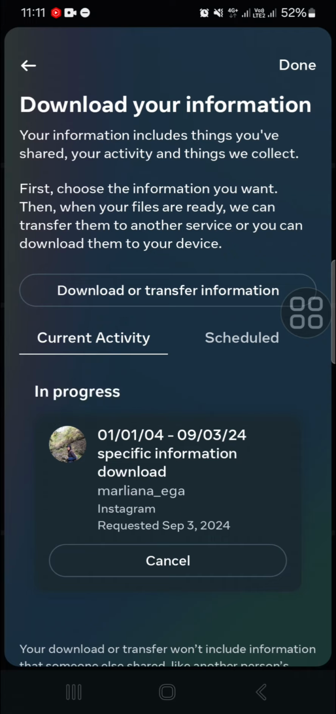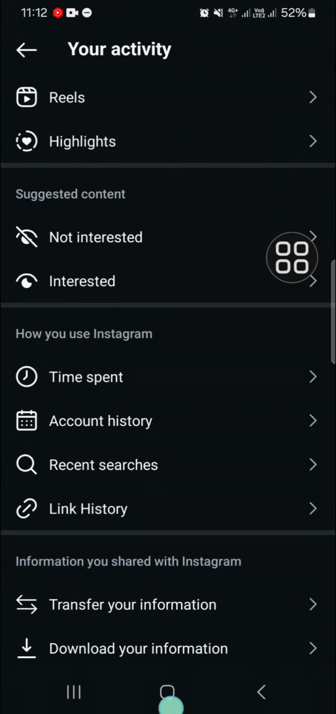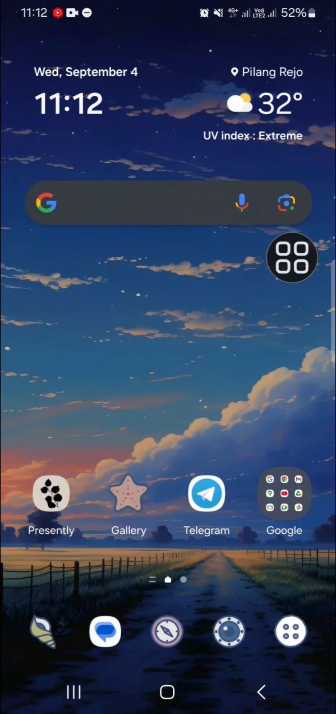Okay, and we just need to wait until the information has been shared to our email, and we can click on done. Alright guys, and that's all the way to check old messages on